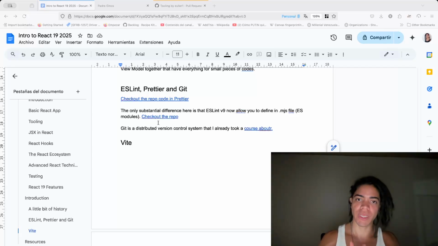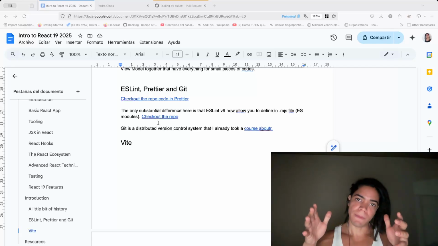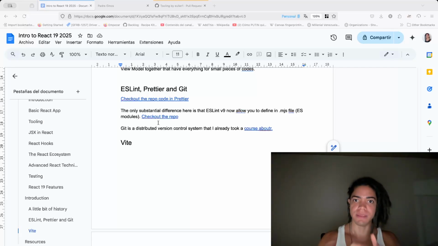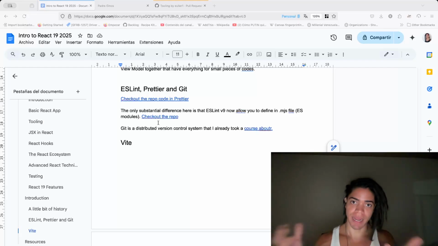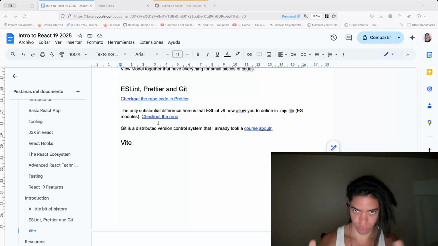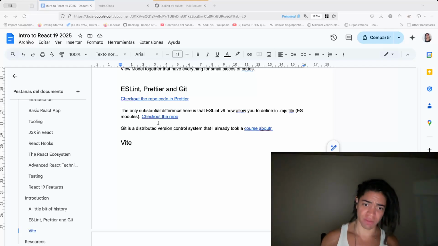So I think this is quite interesting, quite powerful, because this will help us look at the next tool, which is Vite, as a way to integrate the build and the test pipeline into one single tool. Why do we need to do this? The TLDR is that